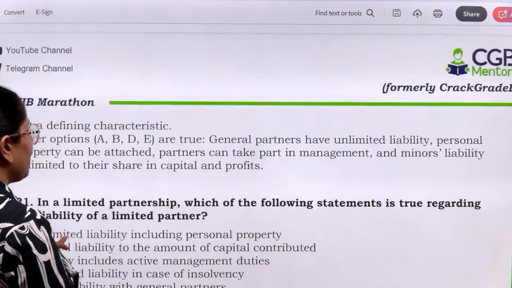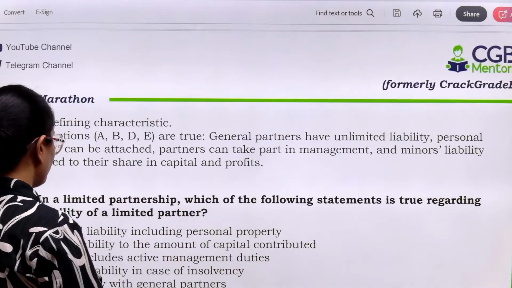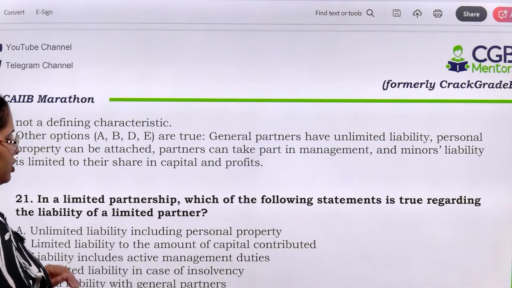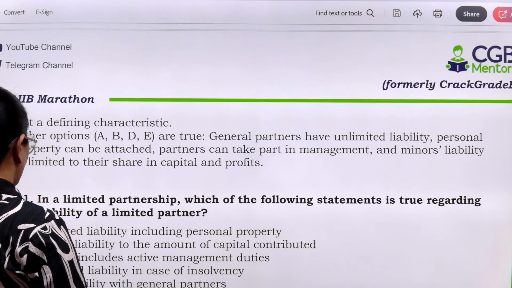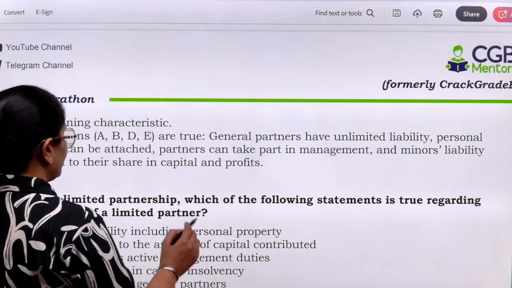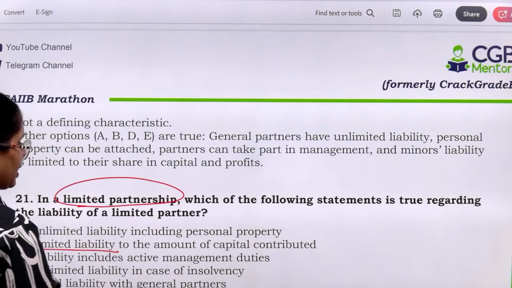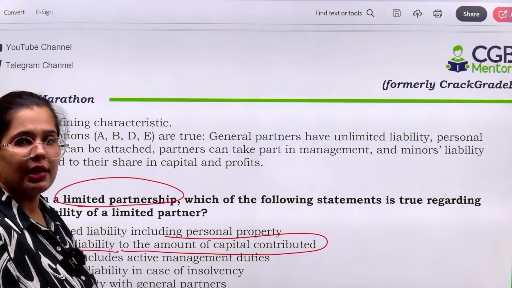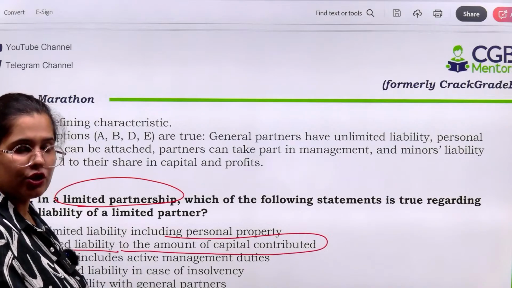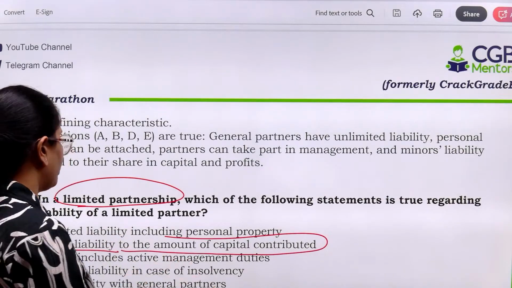Next is, in a limited partnership, which of the following statement is true regarding the liability of a limited partner? So, limited liability to the amount of capital contributed, right? Over here the correct answer is liability is limited, because normally partnership liability is unlimited, but in case of a limited partnership you are only responsible for the amount that has been